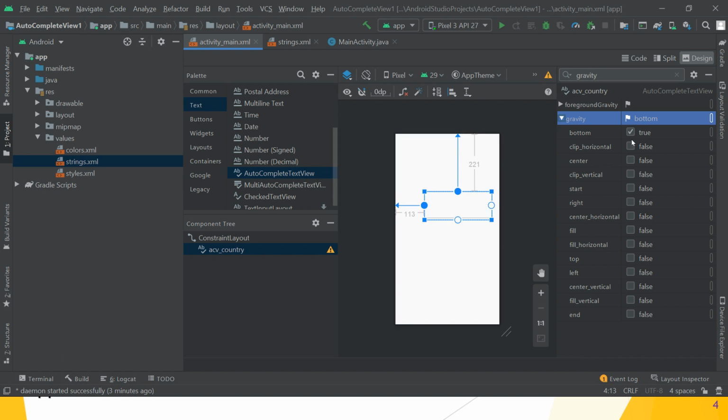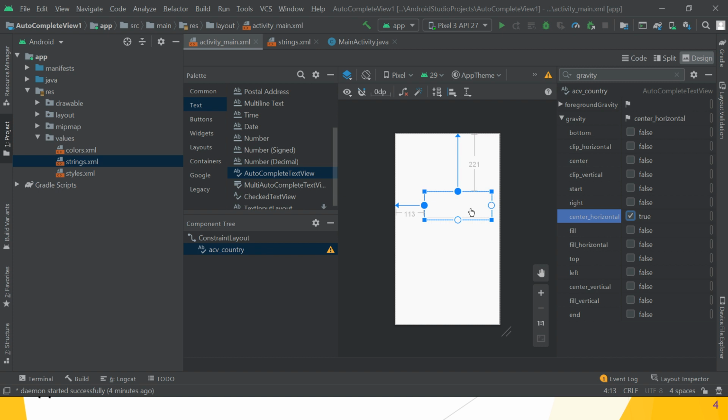If it is bottom, it is bottom. If you want central horizontal, it is center horizontal. This is the use of the gravity property.